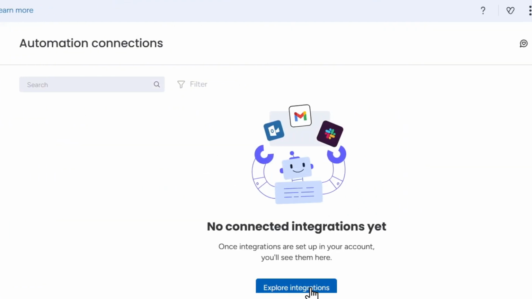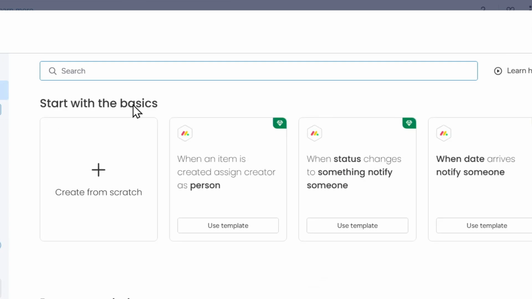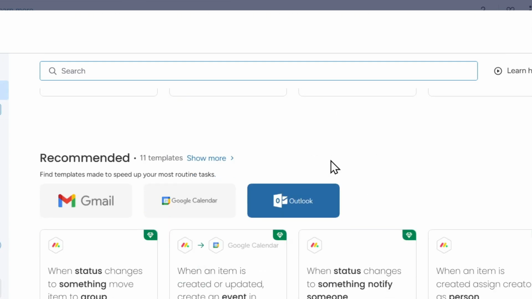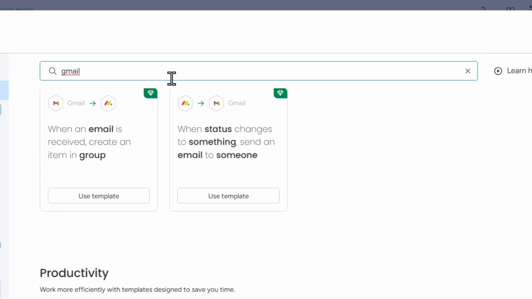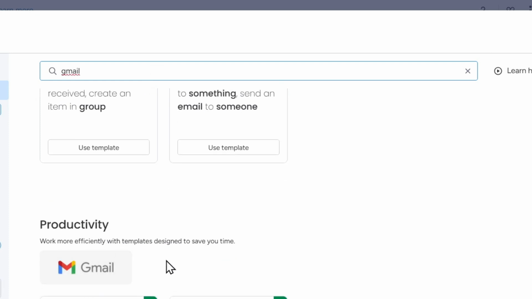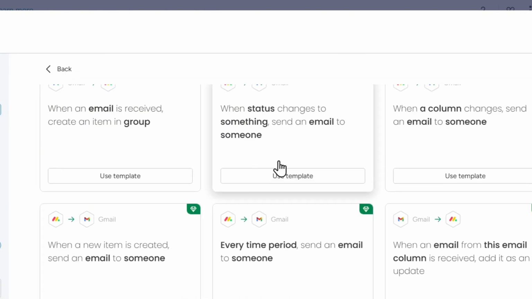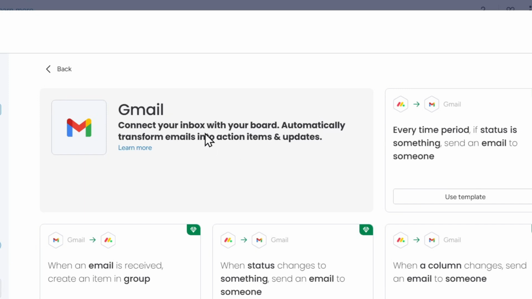And just go ahead and click on explore integrations, and you want to look for Gmail within the list. If you scroll down, you should normally find it under recommendations, but if you are not able to find it, you can just simply type in Gmail and you will find it as a productivity tool here. Just go ahead and click Gmail, and once you click on Gmail, you can basically choose how you want to